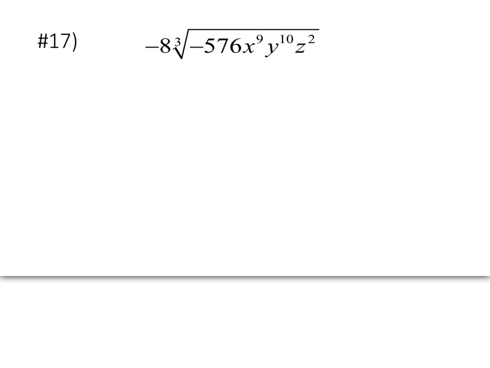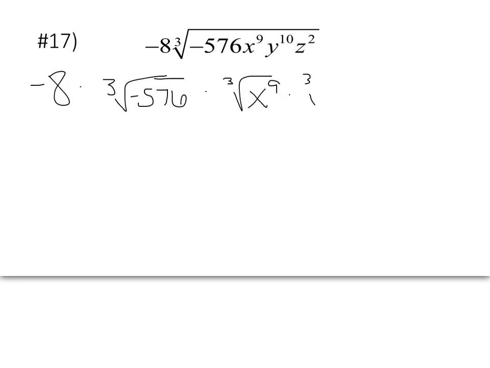Okay? So again, we've got negative 8 times the cube root of negative 576 times the cube root of x to the 9th times the cube root of y to the 10th times the cube root of z squared. So let's do this one first, 576. First off, because it's a negative and it's a cube root, I know that when I pull things out, it's going to be negative. So 576